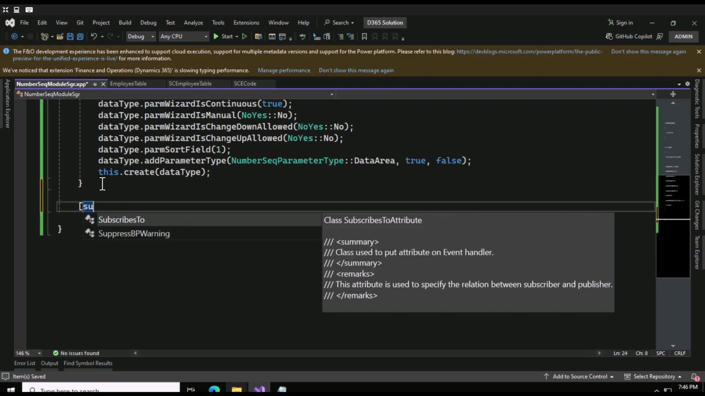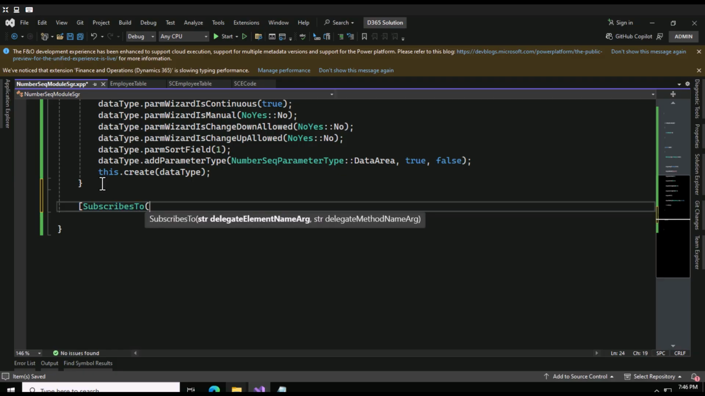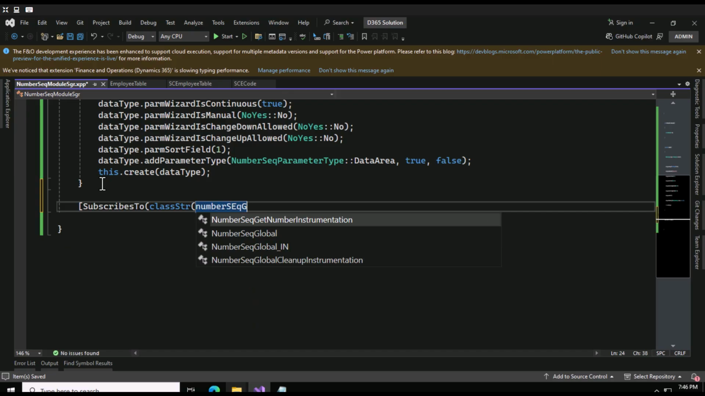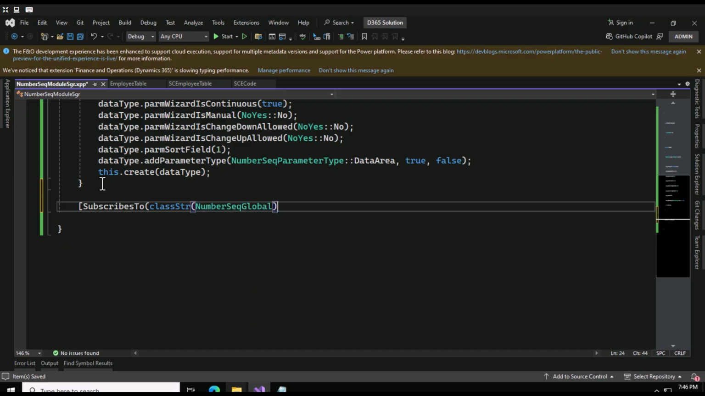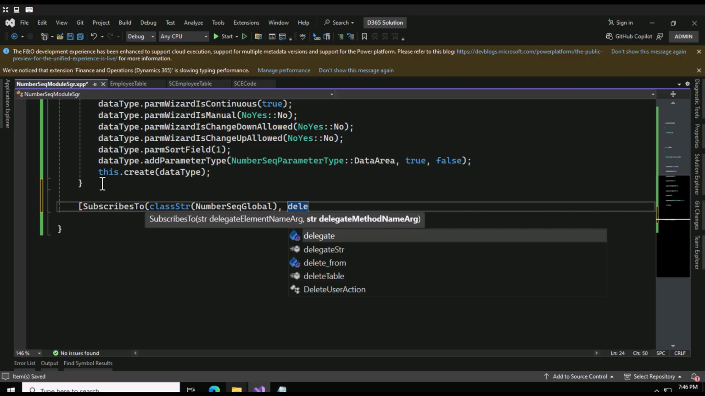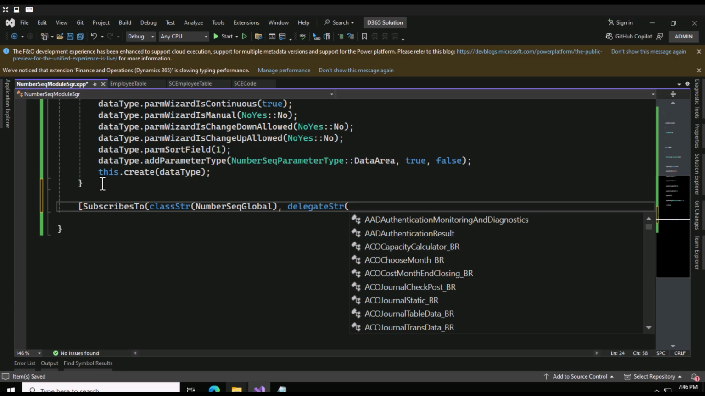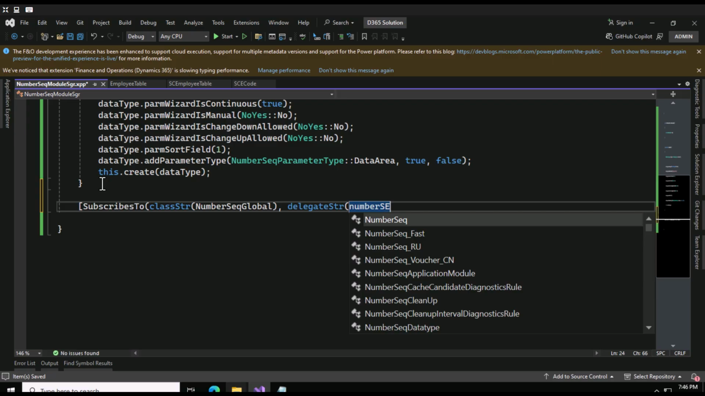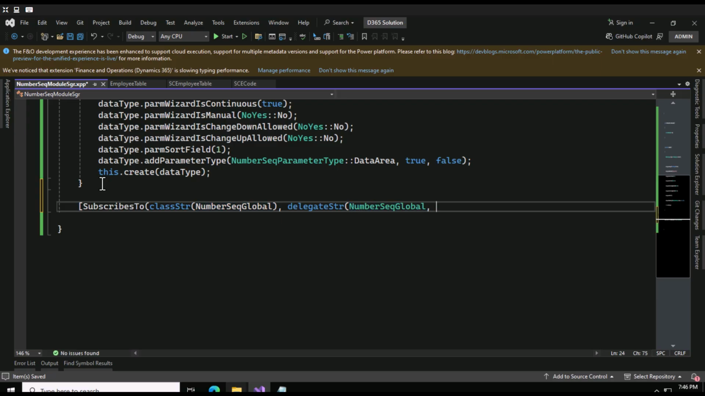So I can say here subscribe to. So we have a class called NumberSequenceGlobal, where we'll need to do the registration. Then I will say delegate str. Here I can say this as NumberSequence global. So here is the delegate, and I think this should be fine. So I can close this,